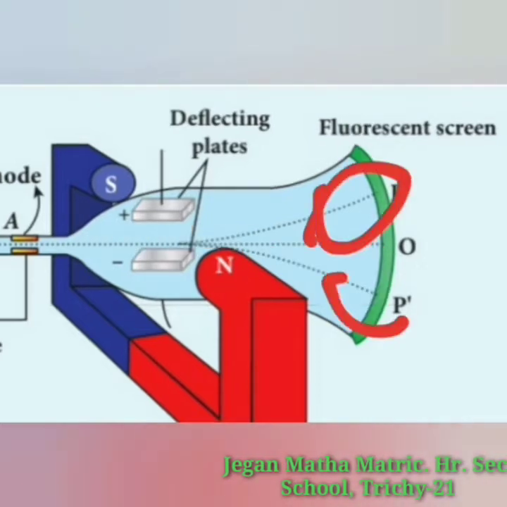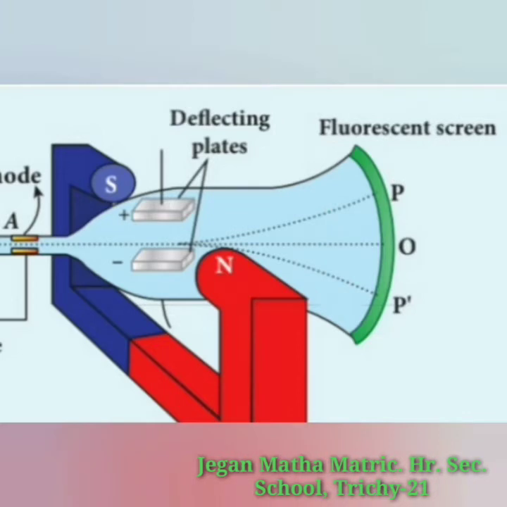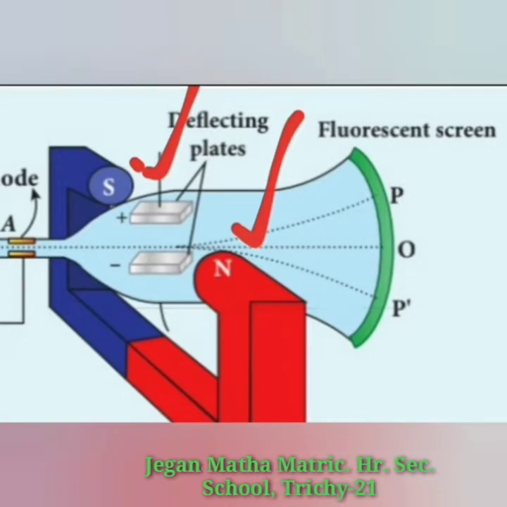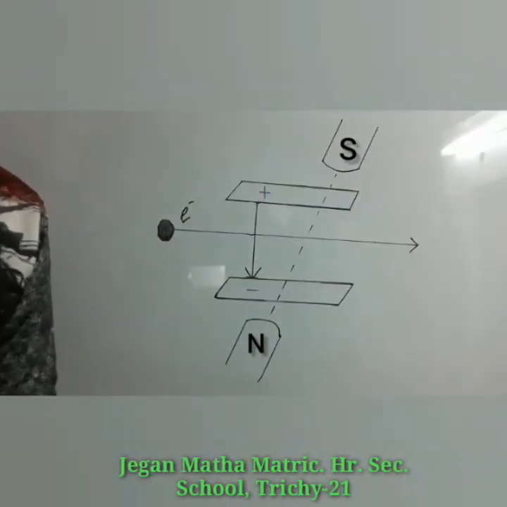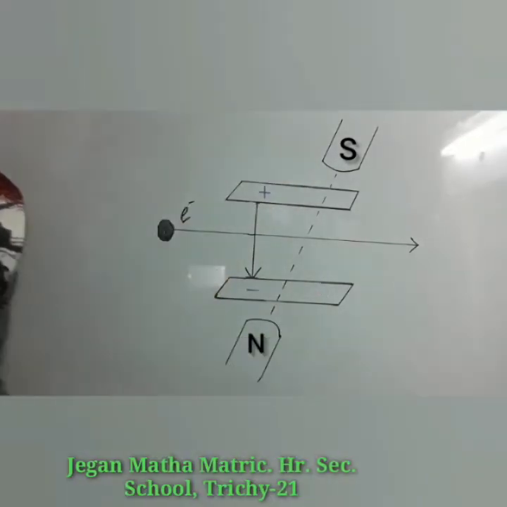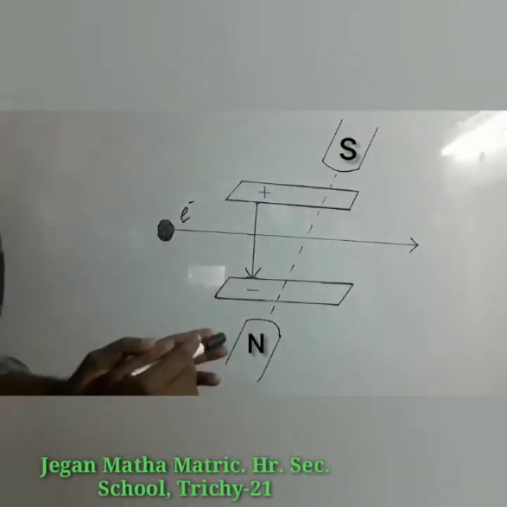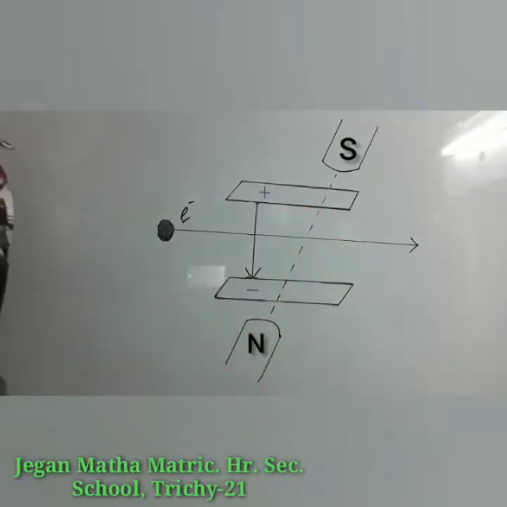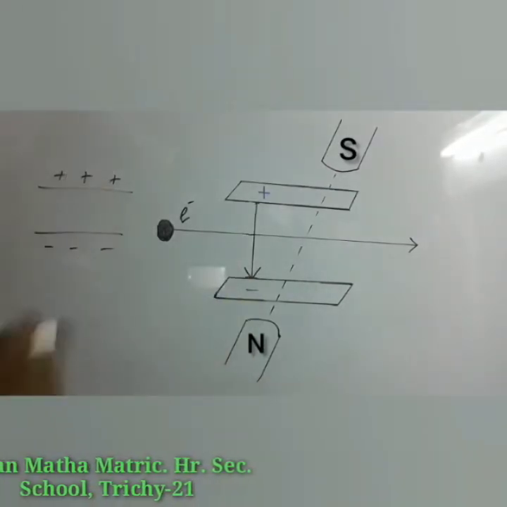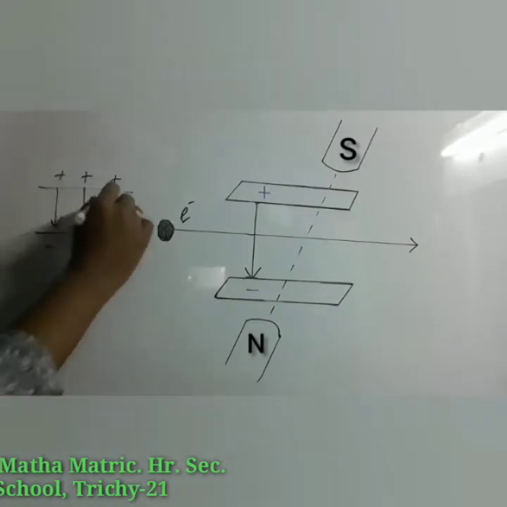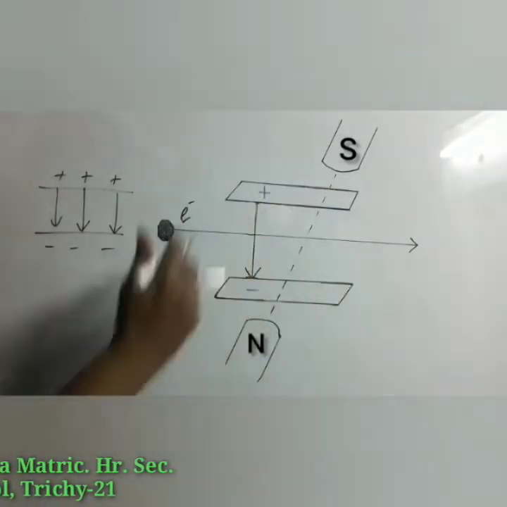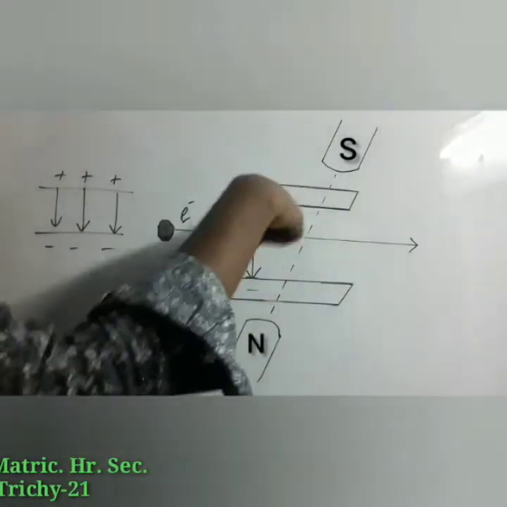To understand these deviations, we have to understand the direction of the force given by the electric field and magnetic field on the electrons. As we discussed in the arrangement of the experiment, there are two charged parallel plates to produce the electric field. At the top we have the positively charged plate, at the bottom the negatively charged plate. Know the direction of electric field lines: they start at positive charge and end at negative charge. So here the electric field is created between the plates like this. In between the plates there will be an electric field which acts downwards.